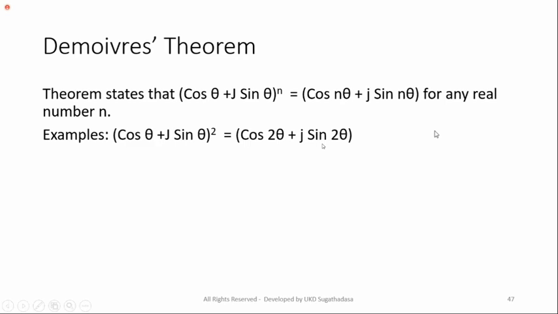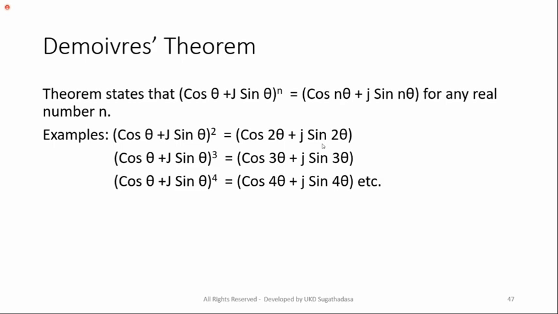You see some examples. Cos theta plus j sin theta, if you take a square, you can try yourself if you want. When you get the square, you get 4 terms. Finally, you get that equal to cos 2 theta plus j sin 2 theta. Similarly, if you take the power 3 and expand, you get one formula for cos 3 theta, and the other one is j sin 3 theta, right? Similarly, this is a very important theorem to simplify complex numbers. (cos theta plus j sin theta) to the 4 equals cos 4 theta plus j sin 4 theta. That is what De Moivre's theorem says.